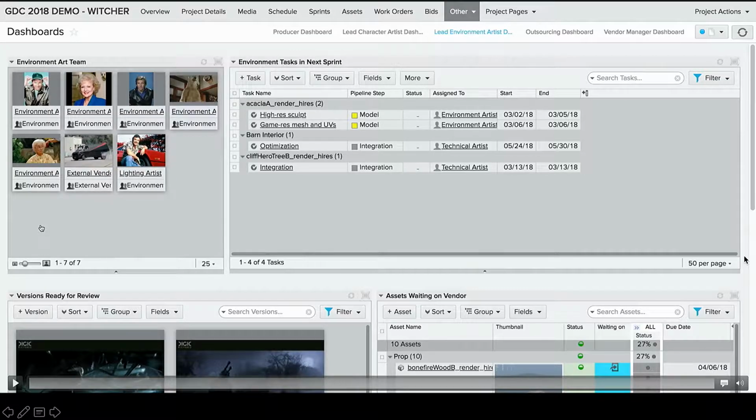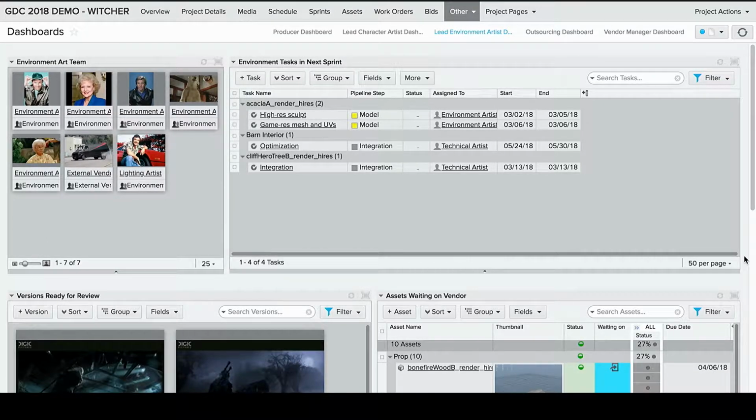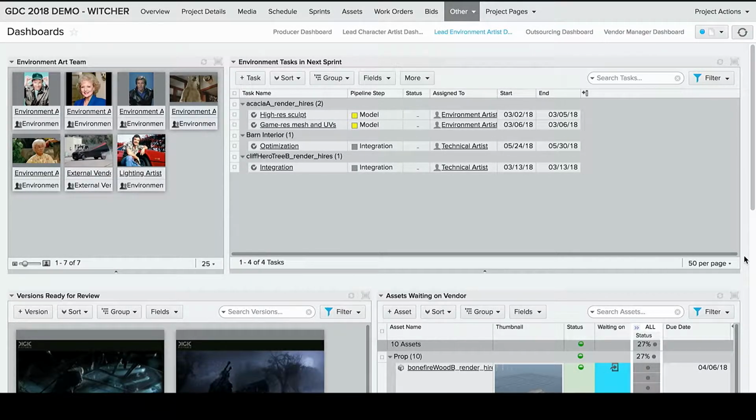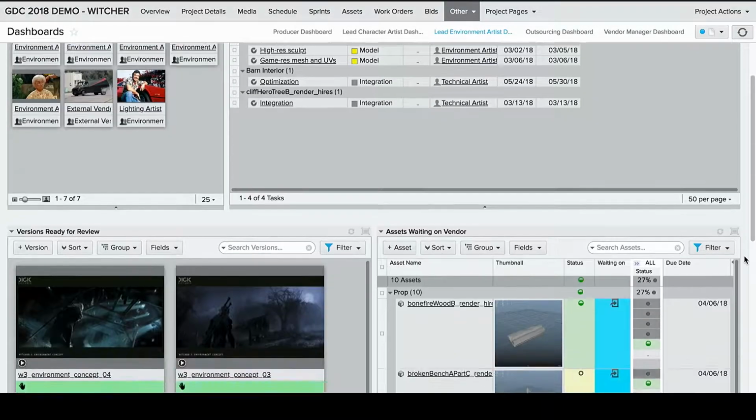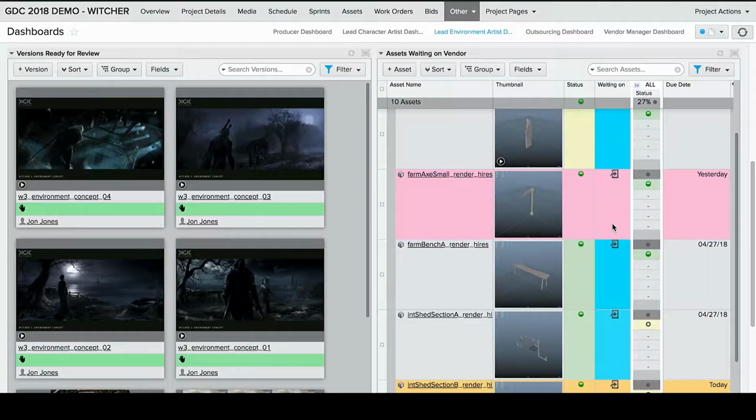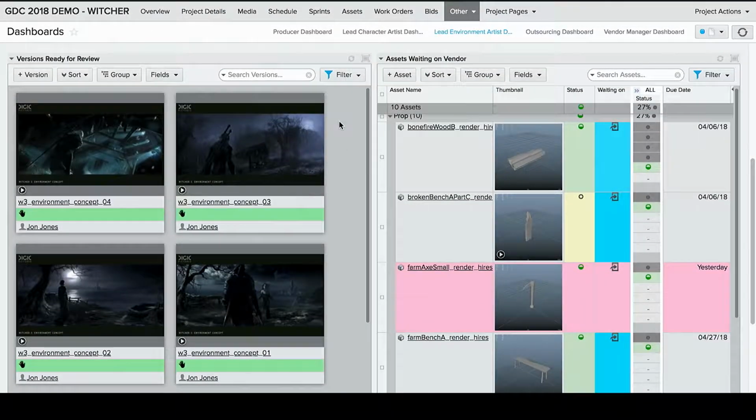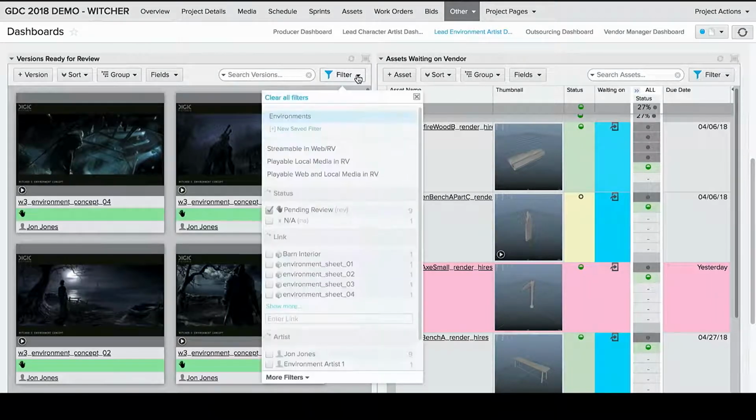So more customizations. On large projects, I like creating a custom dashboard for my different user types. So what you're seeing here is a custom dashboard I created for a lead environment artist. In the top left, you see the environment art team. On the right, you see a filtered view of every environment task that is due in the next sprint. Below that, all the versions that are ready for the lead environment artist to review. And on the right, all the content that is currently waiting on outsourcing using